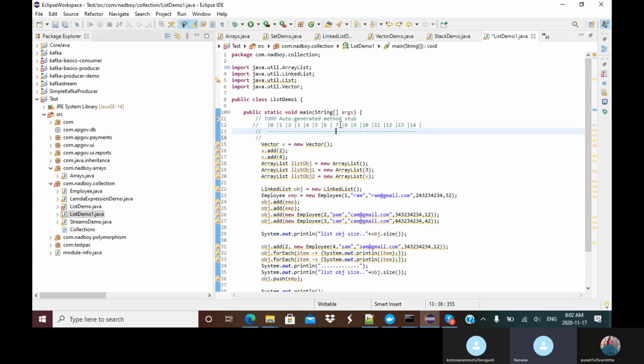So earlier in the 7th place, assume that I have value 10 at the 7th position. Now if I insert some value,